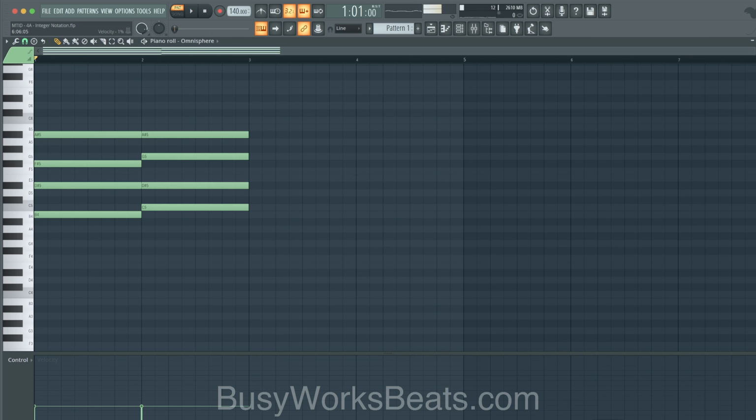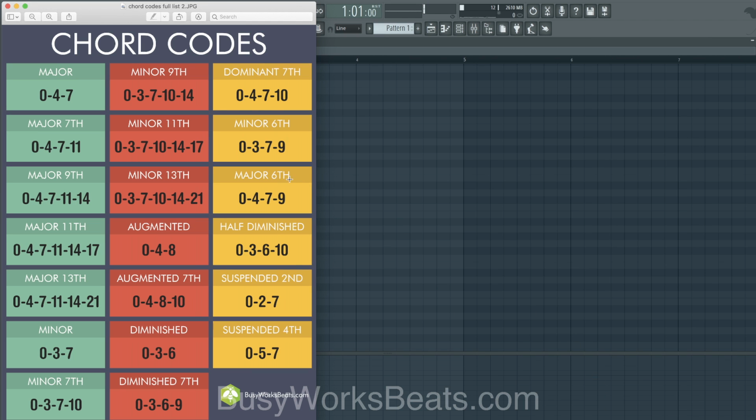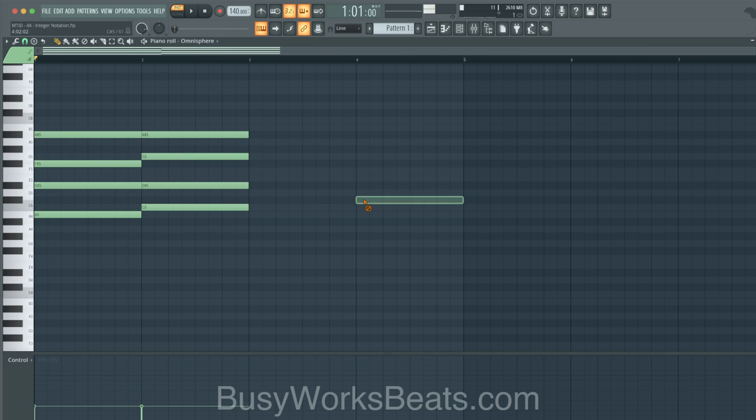Now let's throw in that chord that I talked about, the 6th chord. Again, I like it better with the major root. So again, let's start with this top note and let's work backwards this time. This is where it gets really advanced with music theory using integer notation, or chord codes, I call it, because here's where you get to be a mad scientist about your turnaround chords and all types of stuff. So basically you can reverse engineer any chord. Your brain really listens to these top notes.